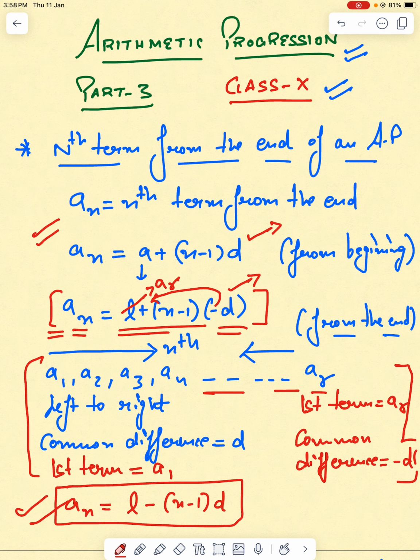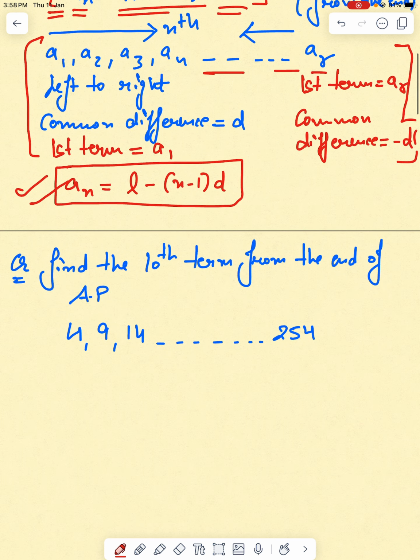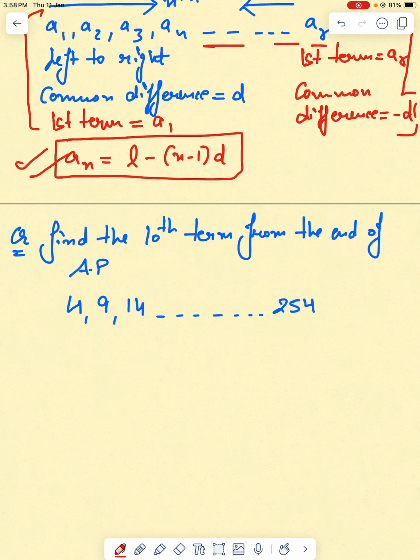You can apply it directly for your 1 mark question. Okay, now let's see, we have one question on finding the nth term from the end of